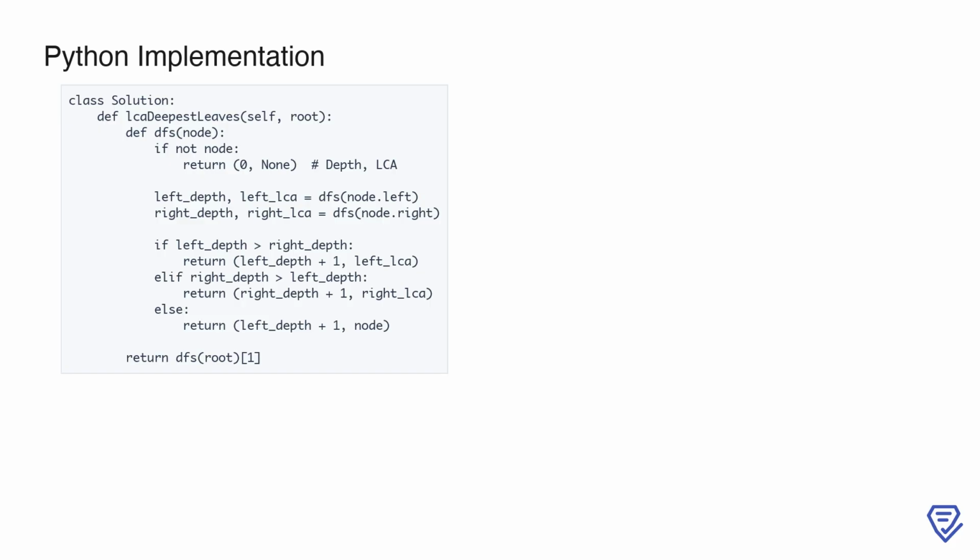This solution efficiently calculates the lowest common ancestor, LCA, of the deepest leaves in a binary tree using a depth-first search, DFS, approach. The LCA deepest leaves function defines a helper function DFS that returns two values for any given node: the depth of the deepest leaf below it and the potential LCA at that depth. The base case checks if the node is None. If so, it simply returns a depth of 0 and None as the LCA, since an empty subtree has no